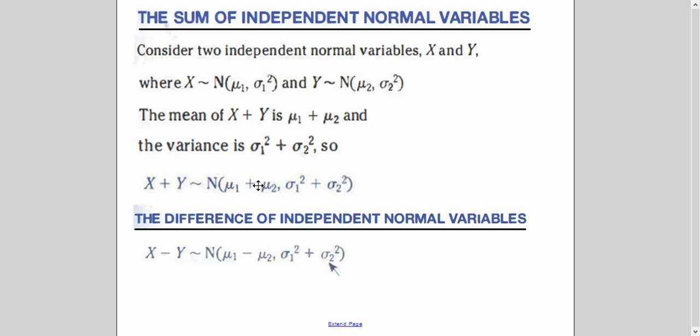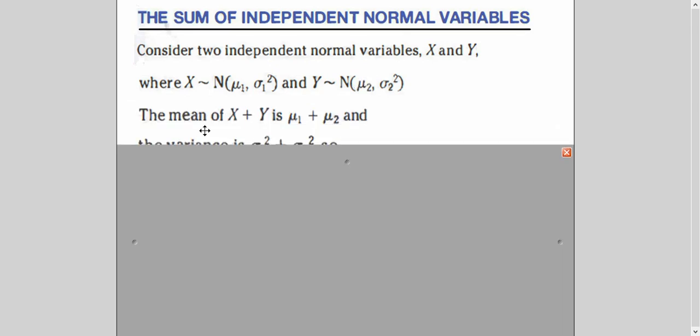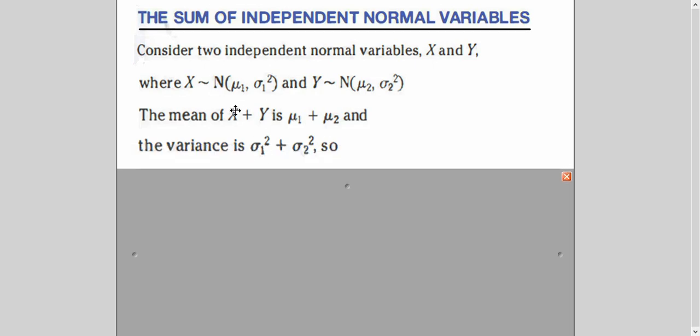If you are given normal variables, for example, X and Y, which are representing two different situations, and you know the distribution, you know the mean and variance for both, and you have to find the sum of these, or the difference of it, then how will you find it out? Number one, when you are adding up two independent normal variables, X plus Y, the means are added up, like it is given here. I have taken two examples, so you will understand 100% at the end of this video. And when you have to find out the variance for X plus Y, you add up the variance.